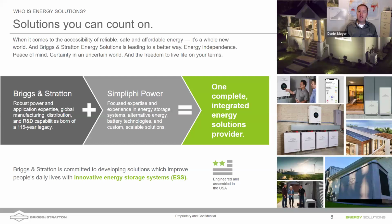I've actually visited the factories. We make the engines and the generators here in the United States. We additionally assemble the batteries here in the United States, and we have a very proud history of making these batteries in Oxnard, California. I got some slides coming up on that a little bit later, but that allows us to qualify for the